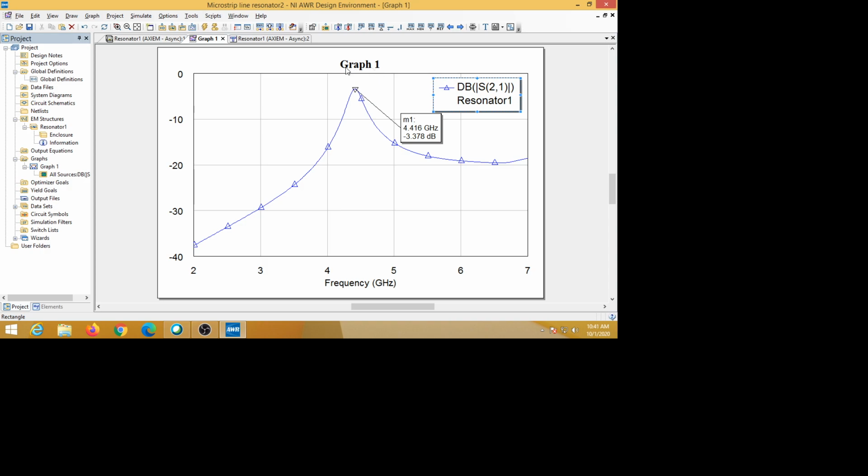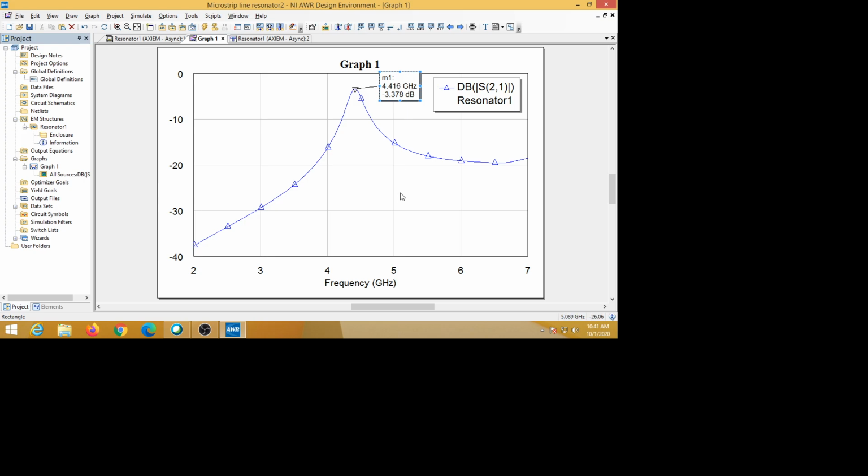Okay, and also we can modify this graph one. Its name is given as graph one, instead of graph one we can put your own name here. And also here there is no axis definition. We can add a label to this axis also. The left vertical axis, this is S21 in dB. You can add that S21 dB on this left side. And also here frequency in gigahertz, this also we can modify. So everything in this plot we can modify according to our requirement, or the way it must look.